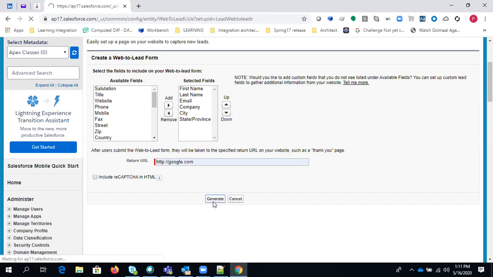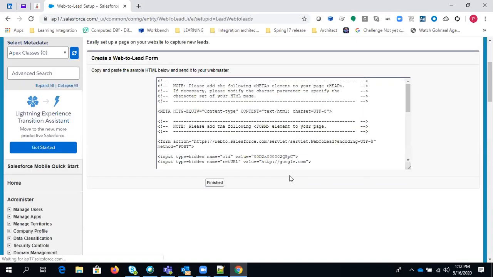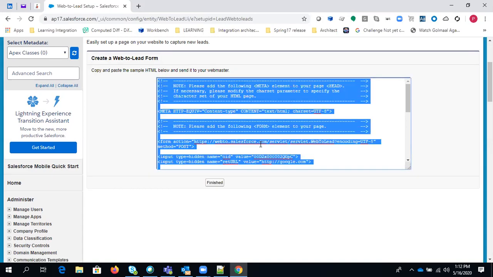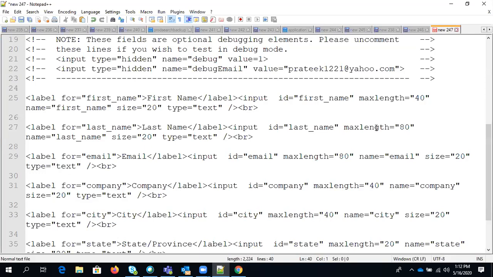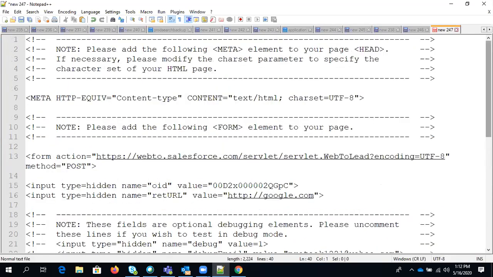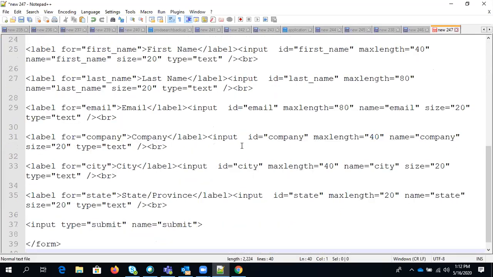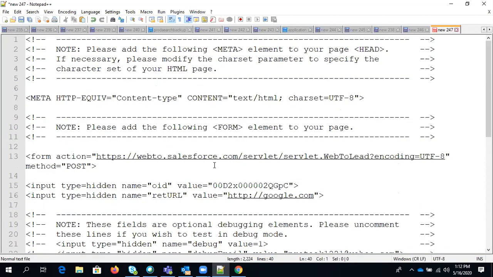After clicking on generate, you can see it will generate some code for you. You can simply press Control A and Control C to copy this code, then go to your notepad and paste it. In this code, you can see there are a lot of HTML tags and other information, but the main thing is the form tag using this action method.